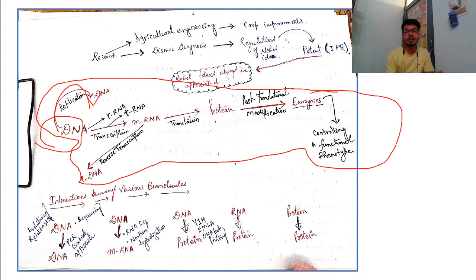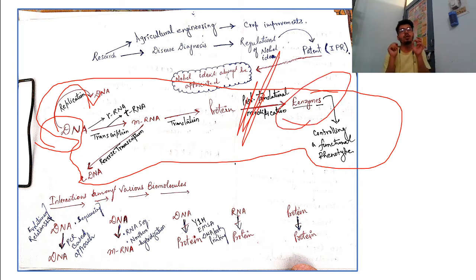People always discuss protein, but my aim is that the central dogma of biology is not only about the protein, it is about the phenotype, because ultimately you are getting a different phenotype. By changing the DNA sequence alone you cannot do anything, you have to show the difference of the phenotype. So the central dogma of biology is not limited to protein only, dear friends, it is dependent on enzymes and all these. I have already discussed that messenger RNA, mRNA, can give rise to cDNA.